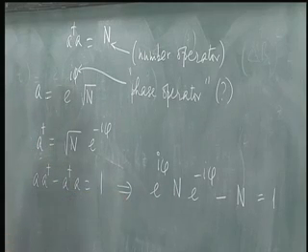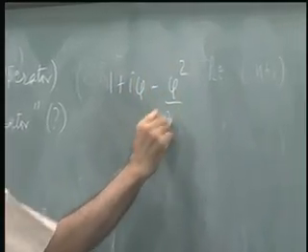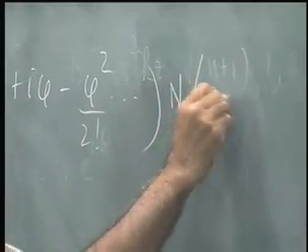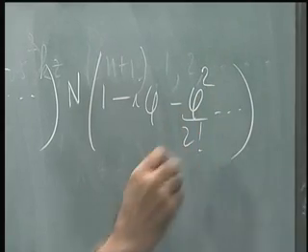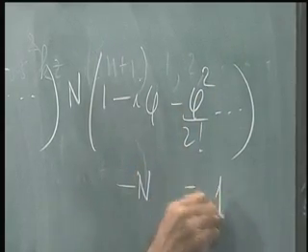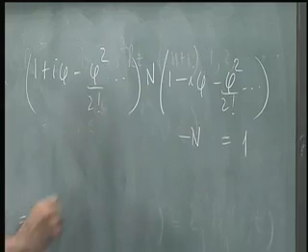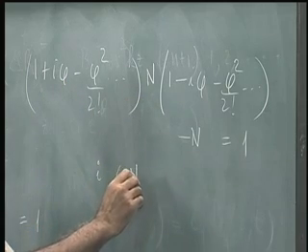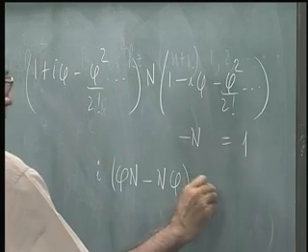Now what would this imply? Well, you have to take this operator, expand it, and so on and so forth. So let us do that. e to the i phi is 1 plus i phi minus phi squared over 2 factorial dot dot dot, with n, and then 1 minus i phi minus phi squared over 2 factorial dot dot, minus n, should be equal to the unit operator, and the n cancels out on both sides and you get i times, there is a phi n here, and then the minus n phi, equal to